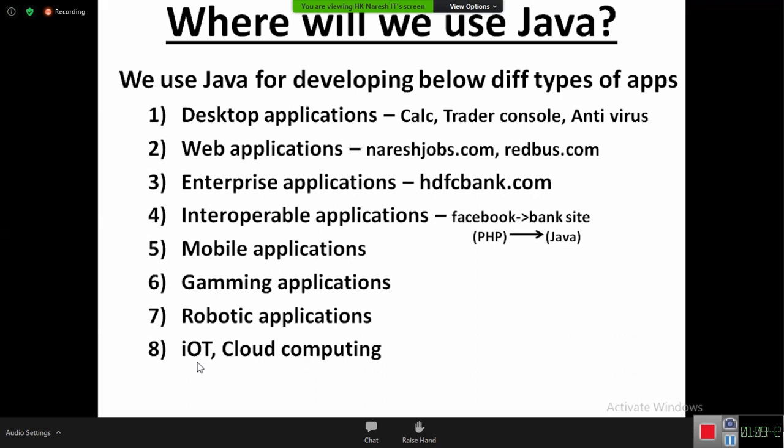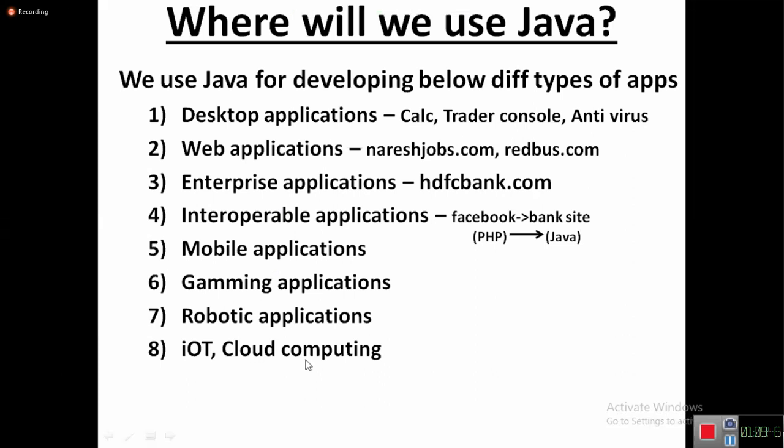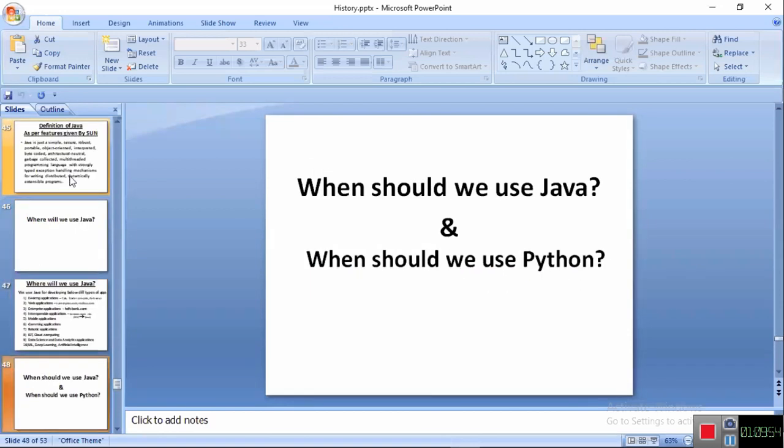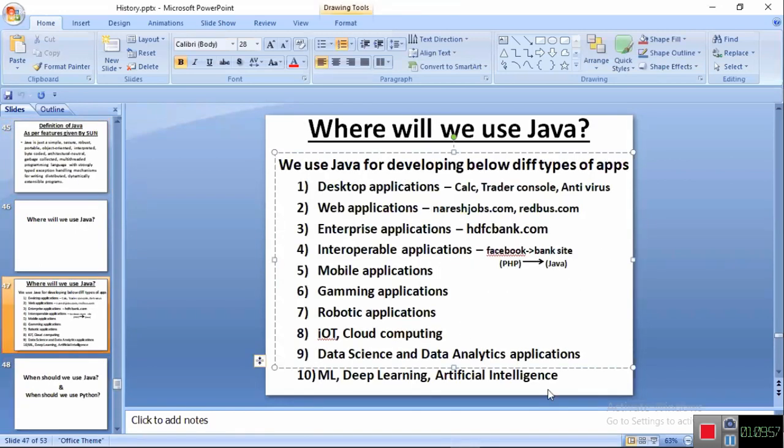What is IoT? What is an IoT application? Computing also, Java will be there. Big data. In big data also Java will be there. Let me also add that. Cloud computing, robotic applications. Next, testing applications. Selenium testing application, automated testing applications. In the testing place, I write automation. Automation testing apps can be used, cloud computing, big data applications.